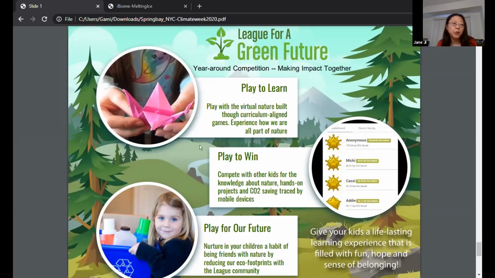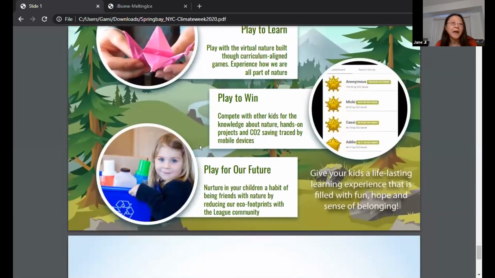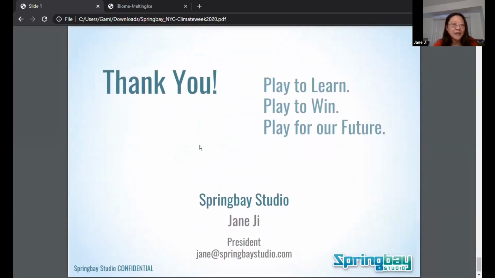and what play to win means is that we can develop a lot of activities they can do at home, some science experiments they can do at home, they can track their eco footprint at home, and then have some competitions in the end, to make green choices and being the warrior for our future world a fun and cool thing for them to do. So if you're interested, I'd love to hear from you. With that, I'd like to wrap up my presentation. Thanks again to the Great Mentor for this great opportunity, and thank you, Mr. Rawat.